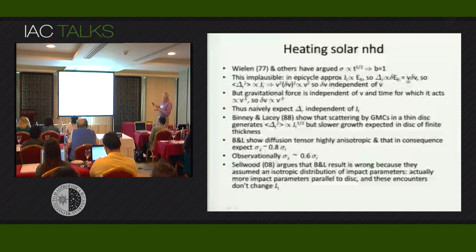The constant of proportionality is going to be 1 over kappa. But the change through a scattering in the radial energy, because radial energy is a half v squared plus some effective potential, is going to be v dot delta v. That's the change in v squared, right? So what does that say? That says the expectation value of delta J_R squared,